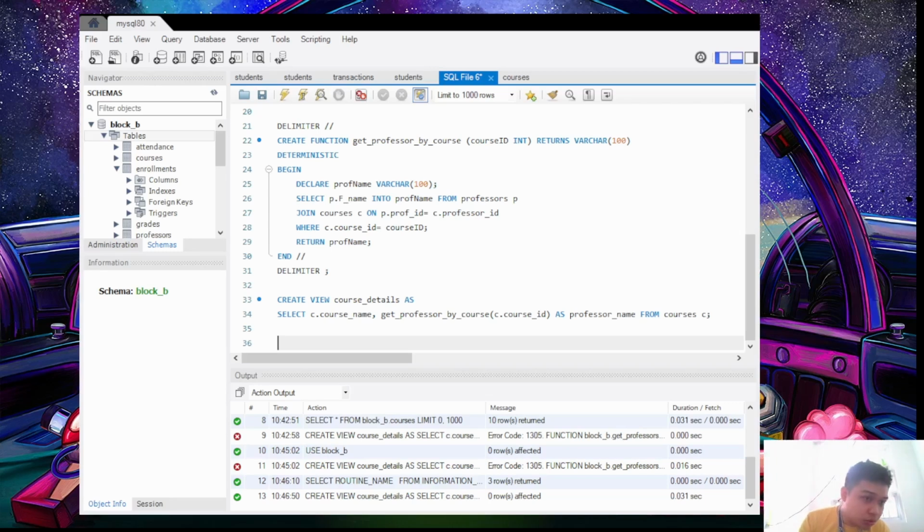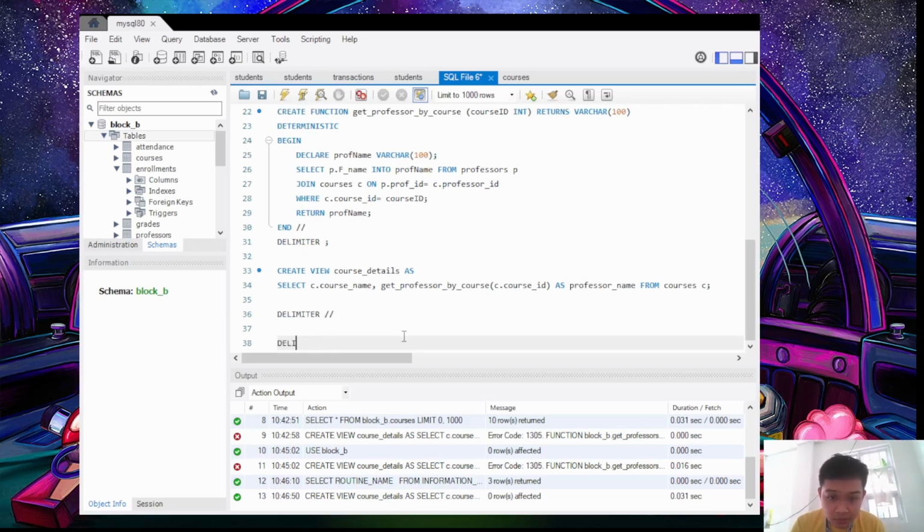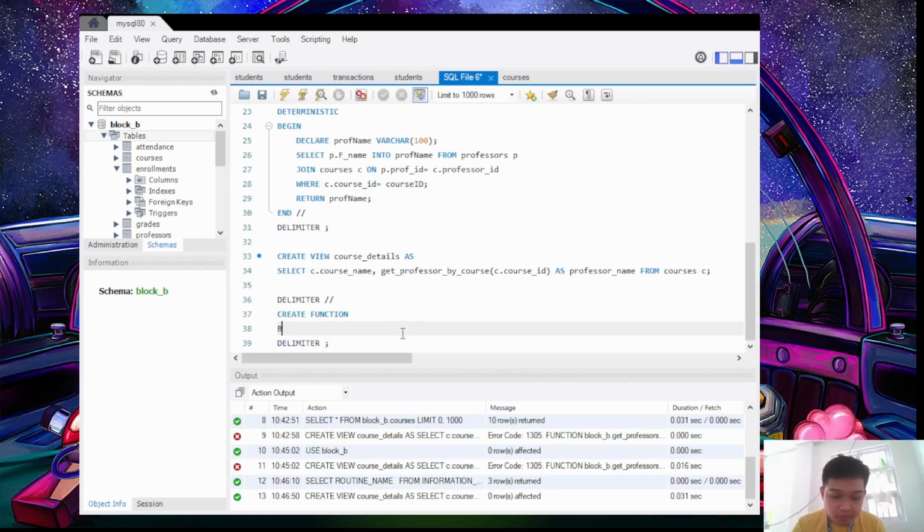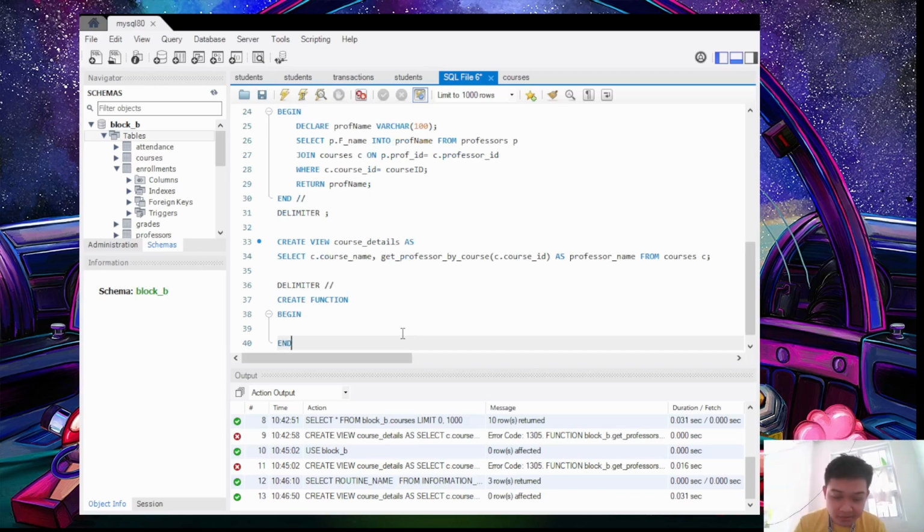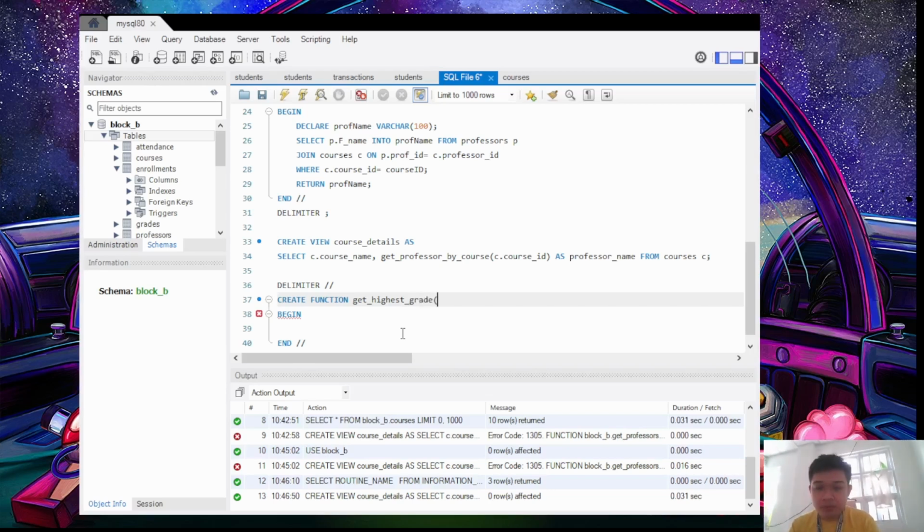Let's create the last two stored functions. Delimiter. Create function. Begin. Create function get highest grade. You know what we're going to get from here. Student ID int